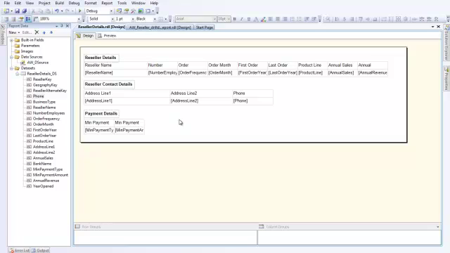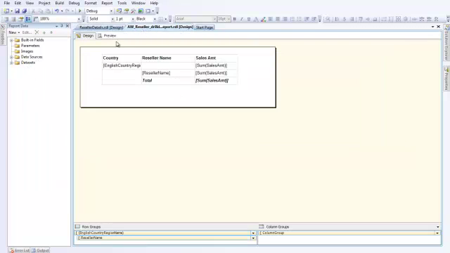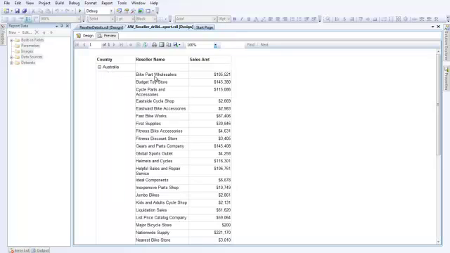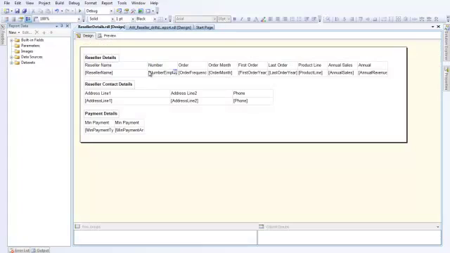What we need to do now is add a parameter for this report. If you go back to the previous report and go to the preview, when someone clicks on the reseller name, that should open the reseller details just for this particular report. There are a couple of ways you can do this. You can put a filter on each individual table here, or you can simply go to your dataset,